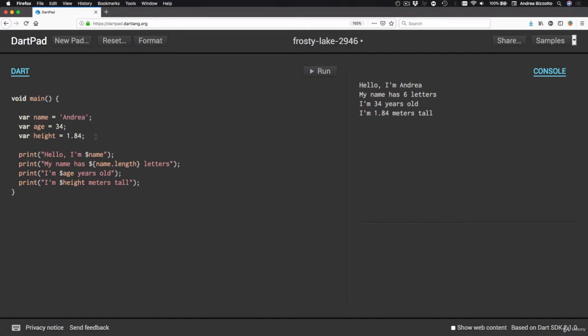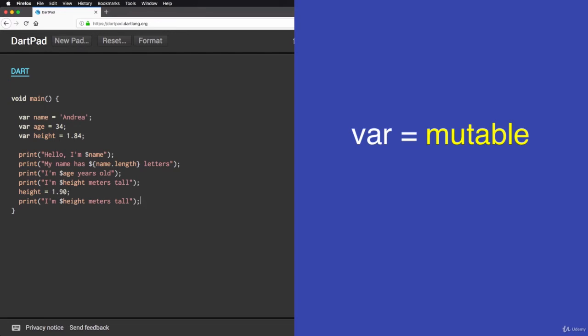To show you what I mean, here I could type in height equals 1.90, and then I could print again the value of the height variable, for example by copy pasting this line. And if I run this code, we can see that we now get a console log that says I'm 1.84 meters tall, and then another one that says I'm 1.9 meters tall. So when we declare a variable with var, we declare a variable that is mutable, and this means that we